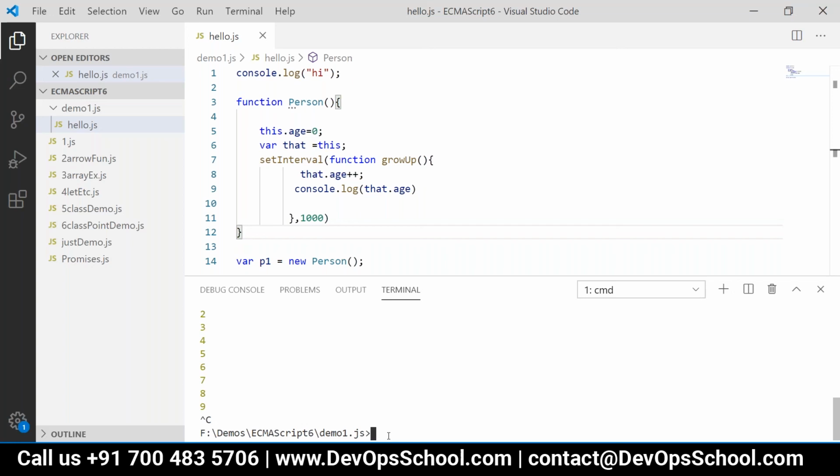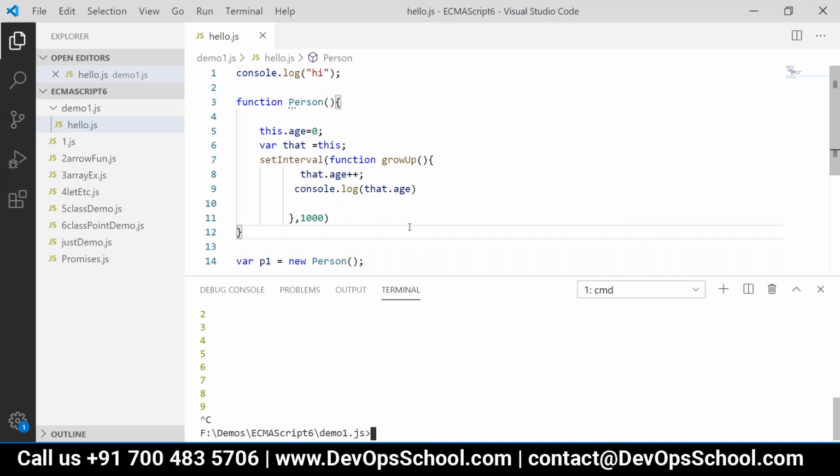When we are using a constructor function and we are creating the objects using new keyword, when you are creating a constructor function, you must invoke that function along with new keyword. So when you are doing that, this points to that particular object only in that case.